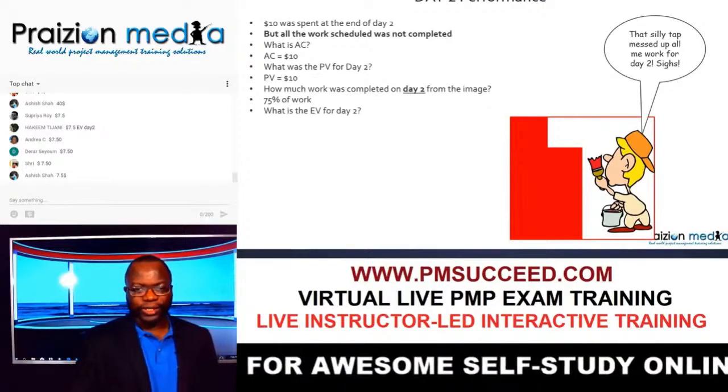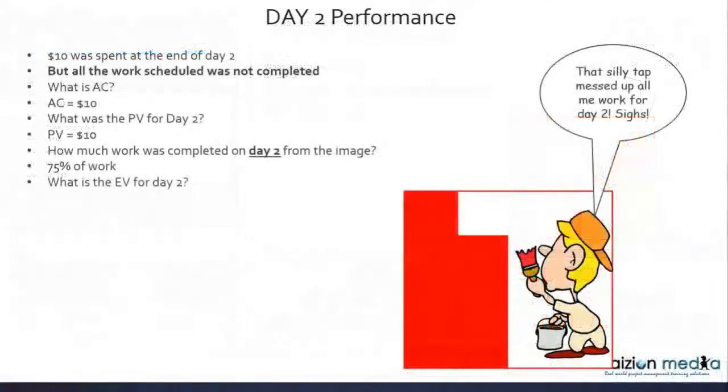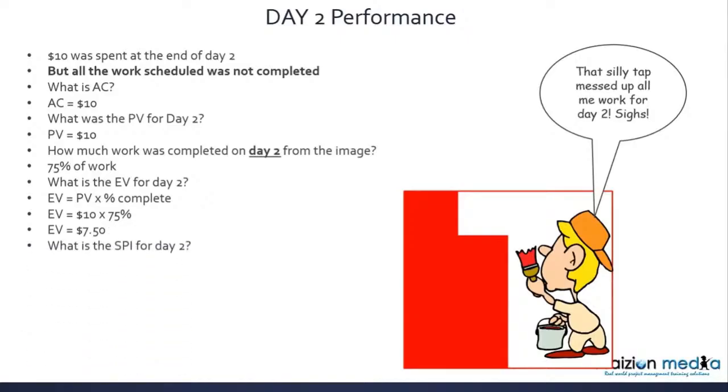It's always important to make sure that we totally understand the picture. So this is where we're going to step it up a tiny little bit. The earned value for just day two is planned value times percent complete, $10 times 75% to give $7.50, as you already know. So at this point, you should know the SPI, CPI, SV, and CV for day two. You should be able to deduce this from the formulas.